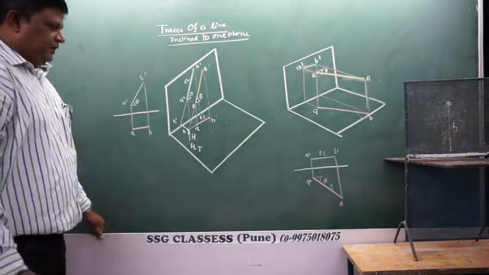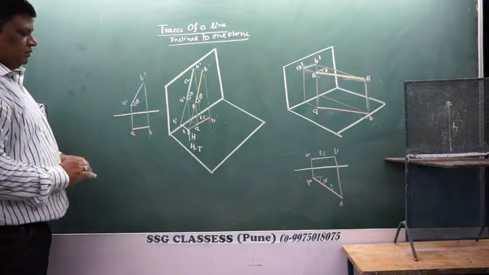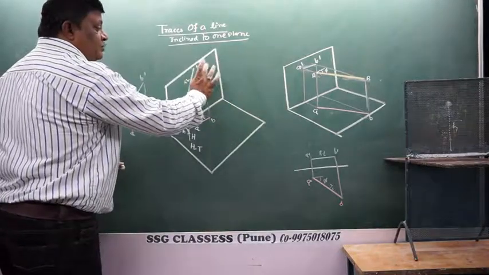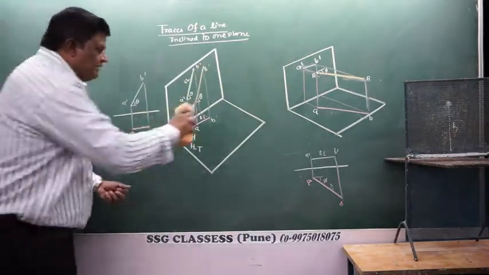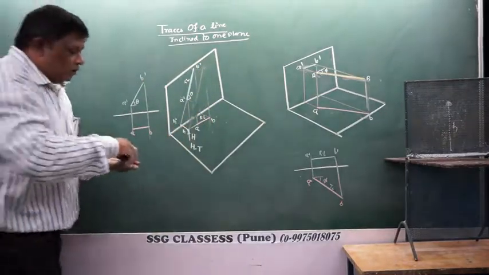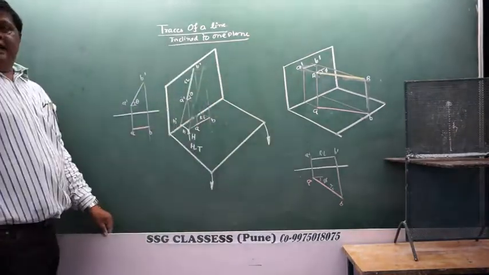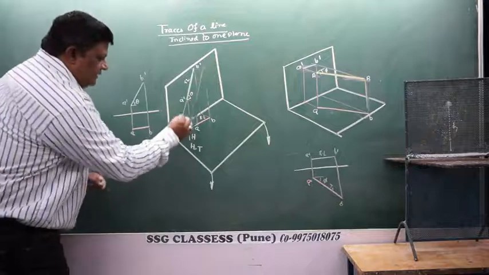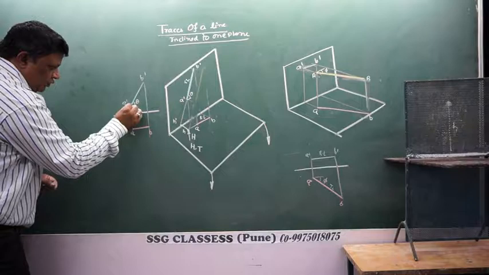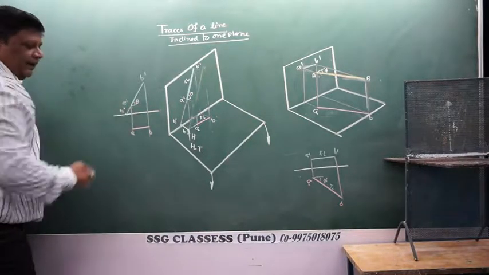Okay? Now the time has come to bring the things into two dimensions. If I want to bring the things into two dimensions, what I have to do is, I'll first be removing this line which does not actually exist. As this is not existing, I'll be removing it from here. Okay? And then rotating the HP in the clockwise direction. Now look what is going to happen. Just look at this line, A dash till H dash. This will be appearing to you out here like this. And this point will be your H dash.